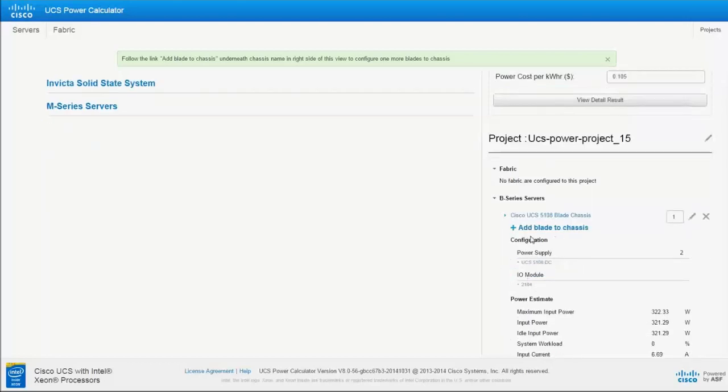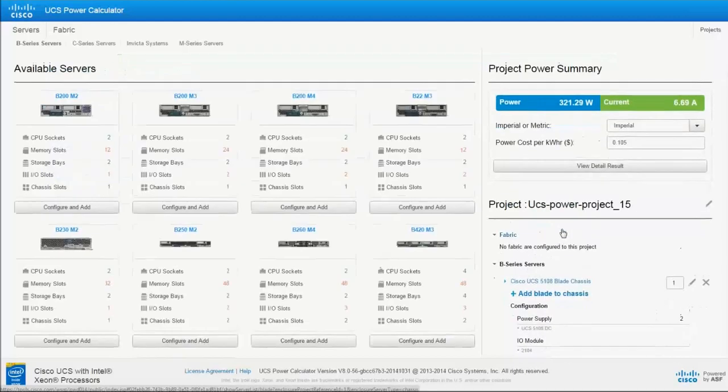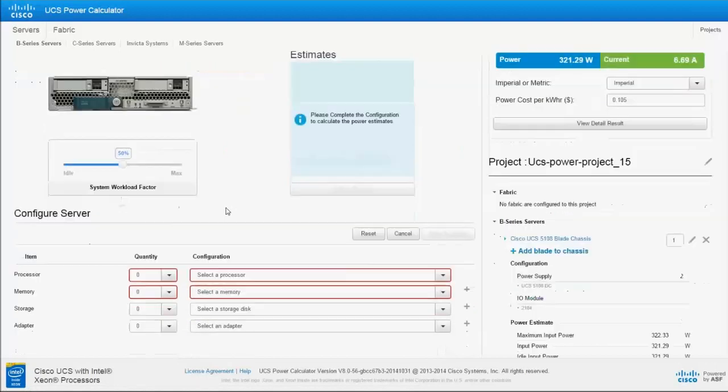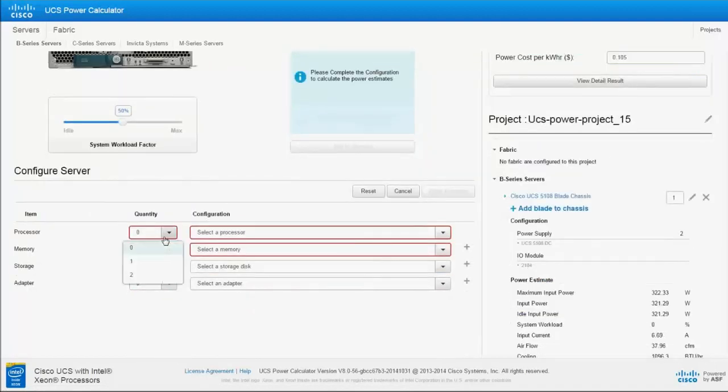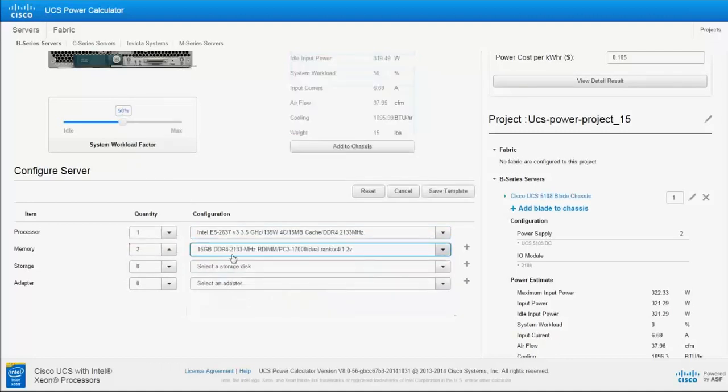Now you will see an option to add a blade to this chassis. Click on that link and you will see the available list of blades. Choose the required blade to configure. On the blade configuration screen, start by choosing the quantity and the type of the processor, the quantity and the type of the memory, which are the two required fields. You can go ahead and choose the type of the hard disk